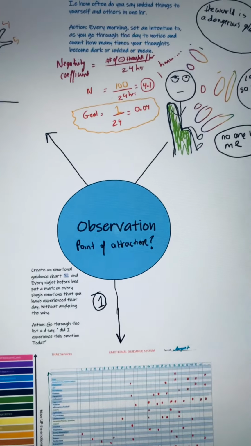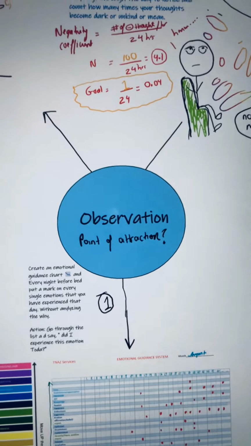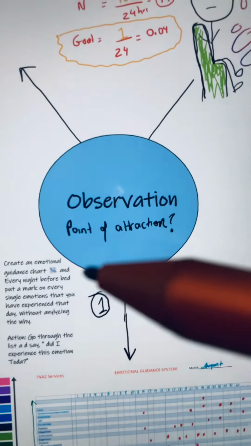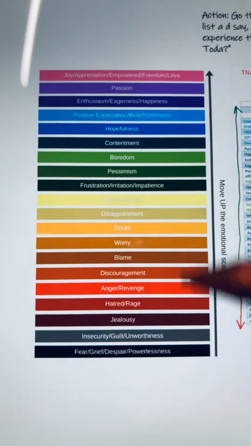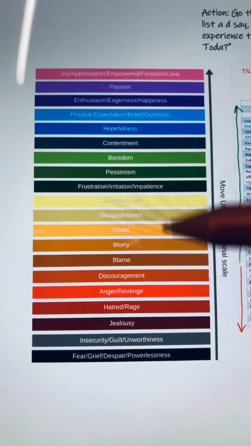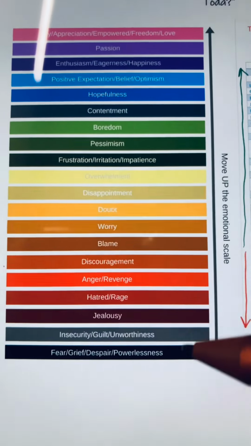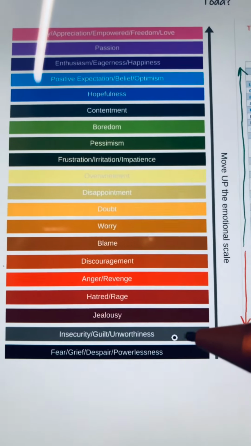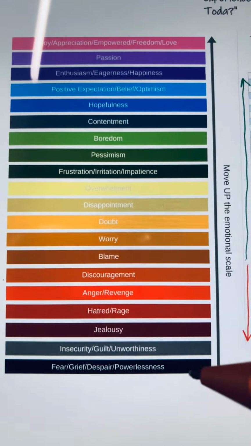In order for you to change your vibration, you need to first know, what am I vibrating? In other words, what is my point of attraction? And your emotions tell you what are your points of attraction. So if your emotion is around here, anger, revenge, hatred, it means that you are vibrating at a low energetic